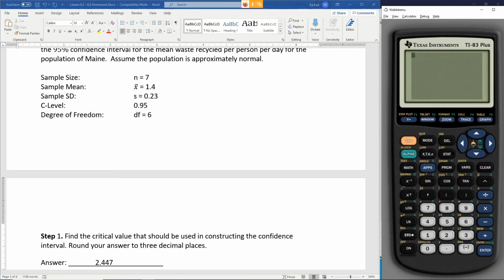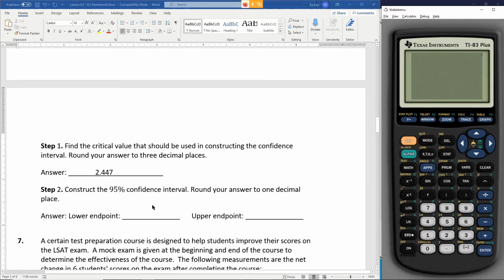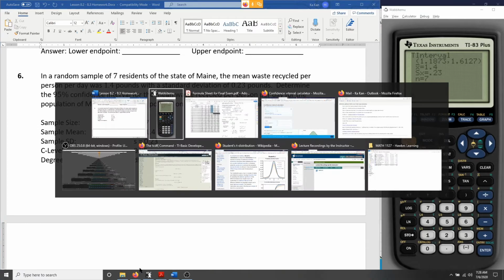So in this case, stat, test, Z interval, and again the stat, and we'll have sample mean is 1.4, standard deviation is 0.23, and the sample size is 7. C level is 95. Calculate, and we have 1.19, comma 1.61. And just as before, let's go ahead and put this into the website just to make sure